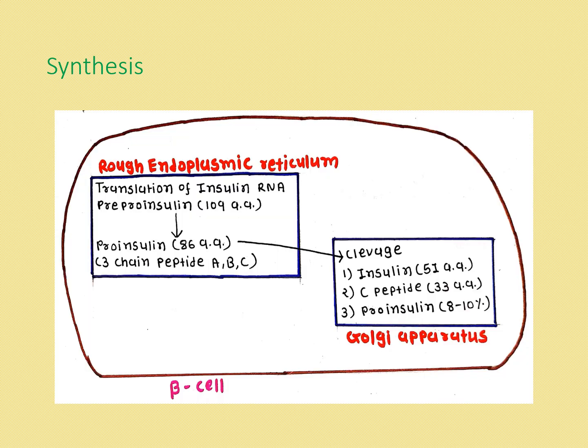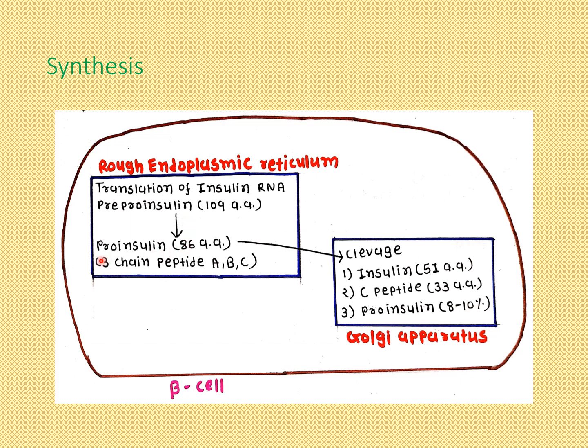Synthesis of insulin. So here we have a beta cell. This is the rough endoplasmic reticulum. Here is a Golgi apparatus. So it begins with the translation of the insulin RNA, that is pre-proinsulin, having 109 amino acids in the ribosome,